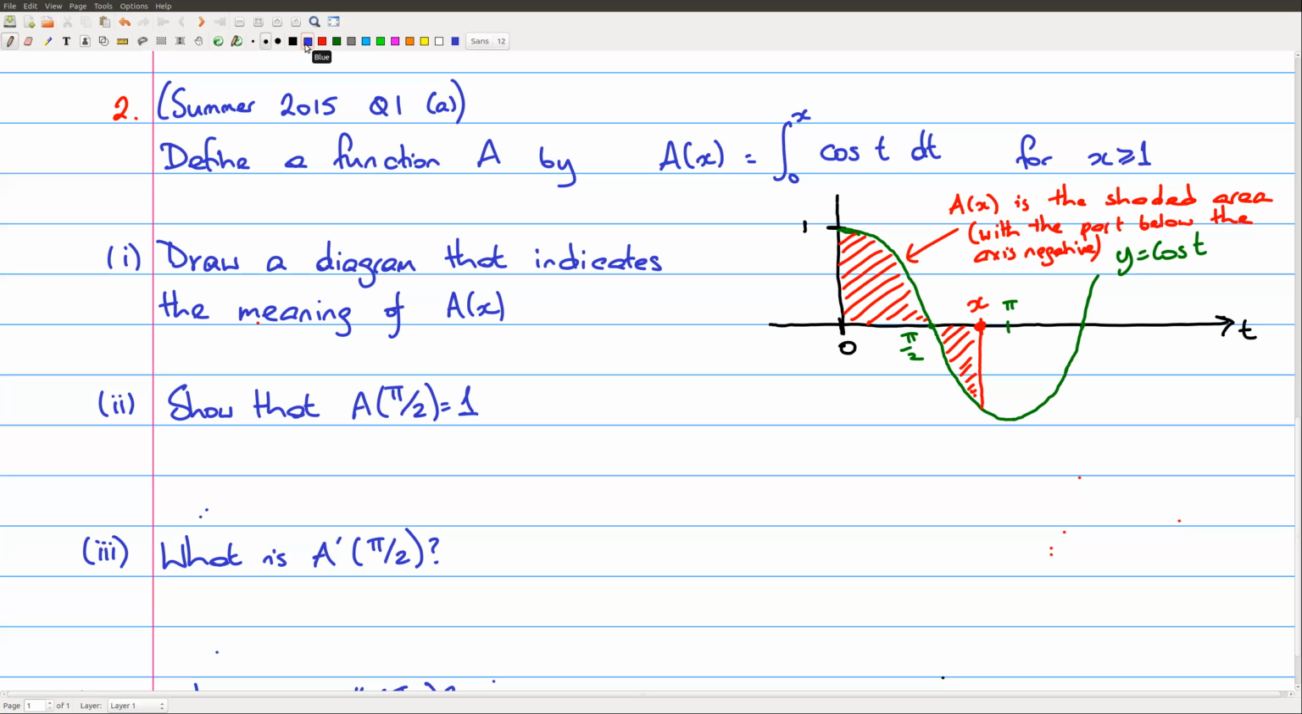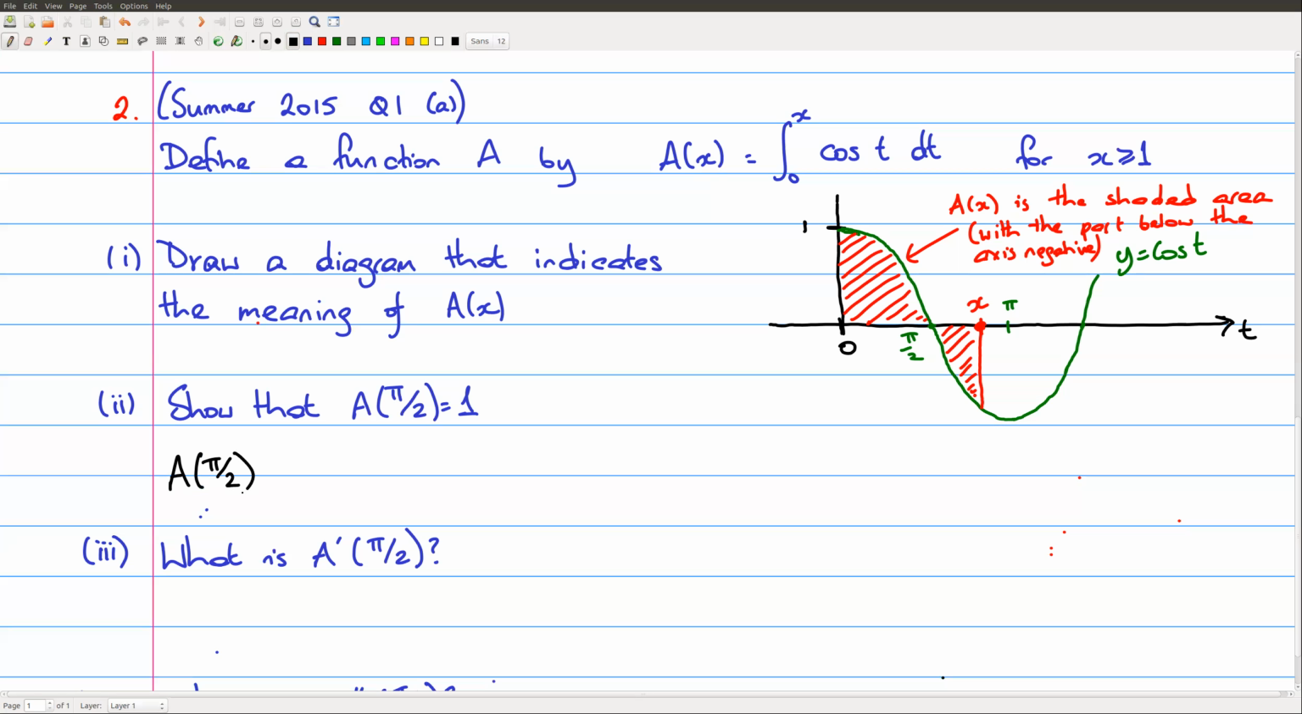Okay, second part of the question, show that A evaluated at pi over 2 is 1. Here we must consider carefully what we're asked to do. We're looking for a value of A. What's A of pi over 2? To determine what A of pi over 2 actually refers to, we've got to put pi over 2 instead of x in the definition of A. We've got to sub in pi over 2 as the relevant value of x. And when we do that, we can say, well, A of pi over 2,